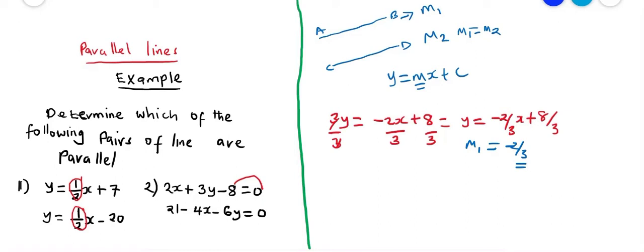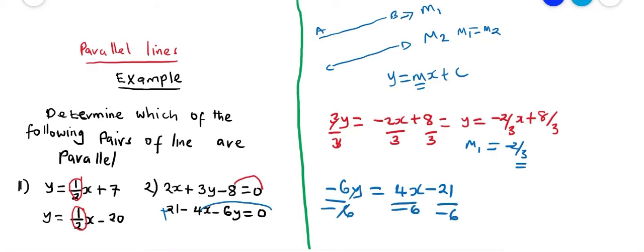So coming back to the second equation, we have to take everything to the other side of the equation except negative 6y. So we'll have negative 6y equals 4x, because it's negative. When you take 4x to the other side, it will be positive. This is plus 21. If you take it to the other side, it will be minus 21. Now dividing both sides by negative 6, we shall get our final equation as y equals